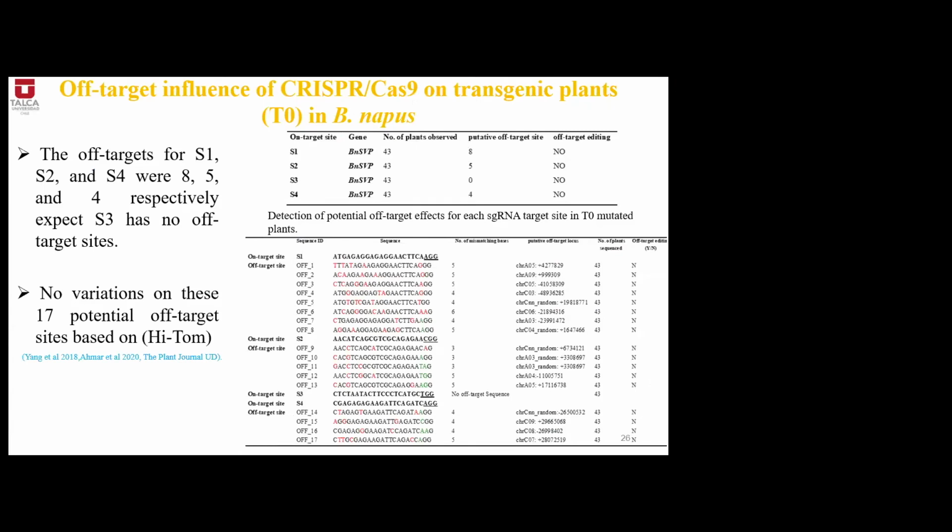After that, CRISPR has a drawback: it also has off-target effects. For this purpose, we also tested the off-target effect, since CRISPR-Cas9 might delete some off-target things, like causing a different type of phenotype. But we observed our vector works properly, and there is no off-target effect at these targets.